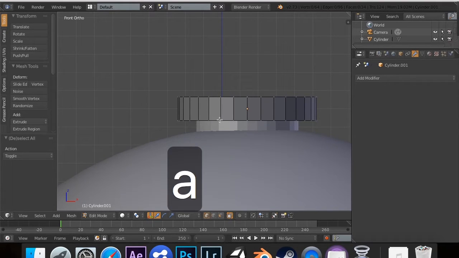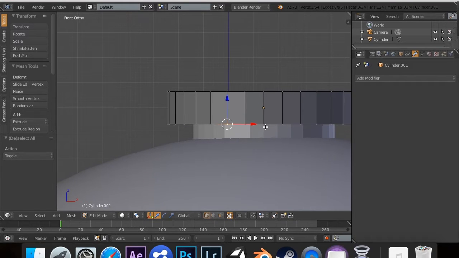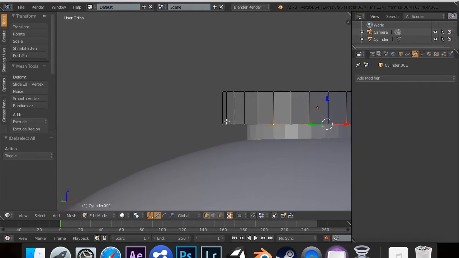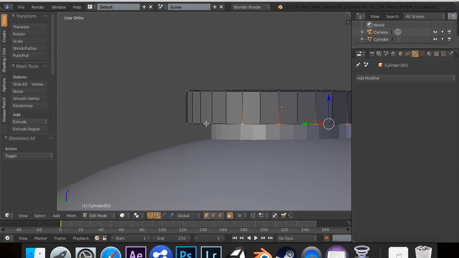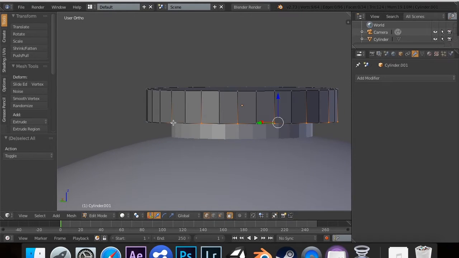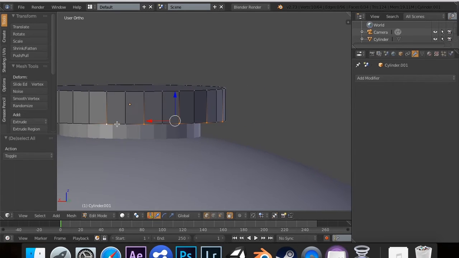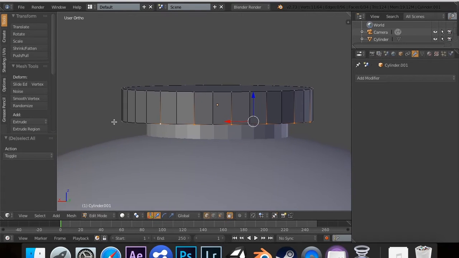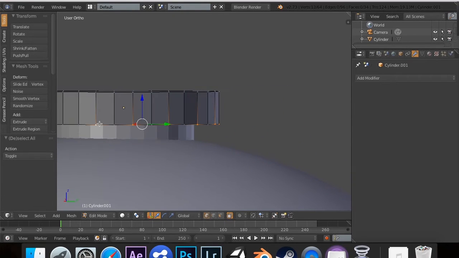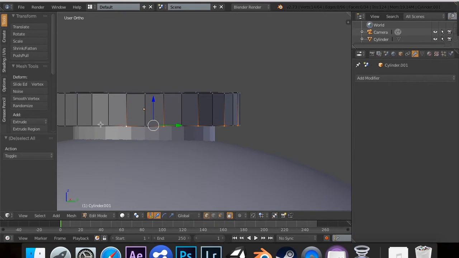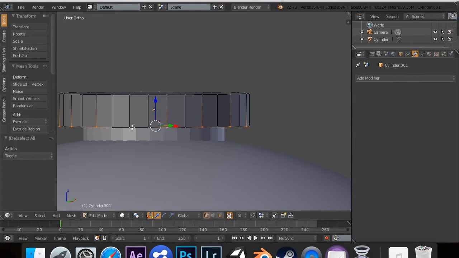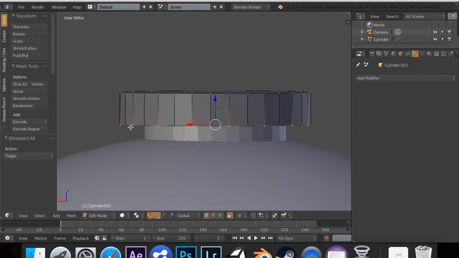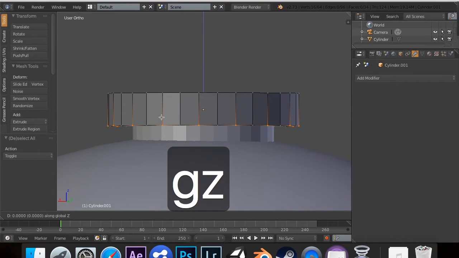Now I think what I'm going to do is select every other vertex. So I'm just going to go like this, all the way around, and select every other vertex. This shouldn't take long, so I won't fast forward it or anything. So yeah. Now that we've got every ornament selected, we are going to hit G and then